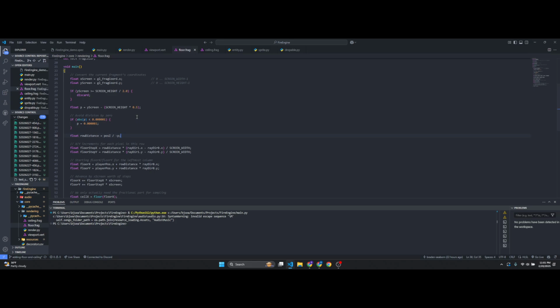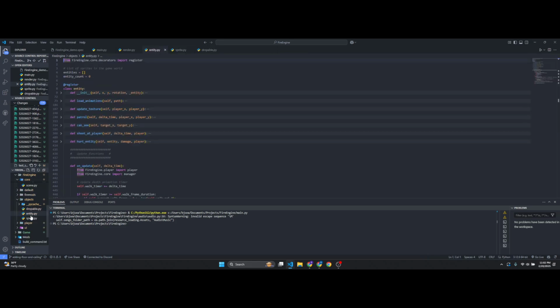Anyway, in the droppables, entities, and sprite scripts, there's a list that contains